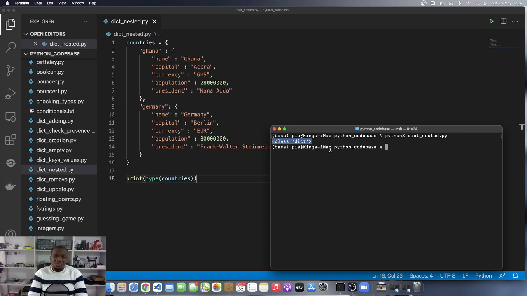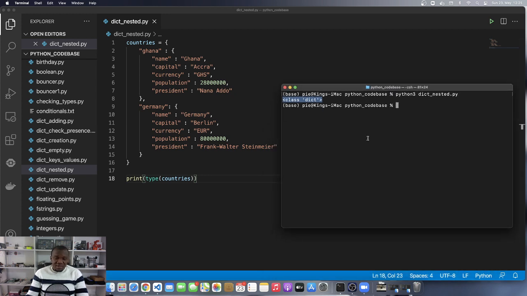Remember that I told you for all the collection data types, the items are not limited to just integers and floats and strings. They can be a nesting of themselves. So you can have a list of lists, tuple of tuples, you can have a list of dictionaries, a dictionary of lists, any combination as you see fit for the representation of whatever data structures you are working with in your program. Okay, all right, so now that we know how to nest,